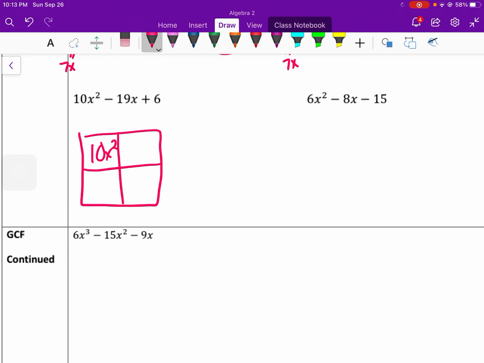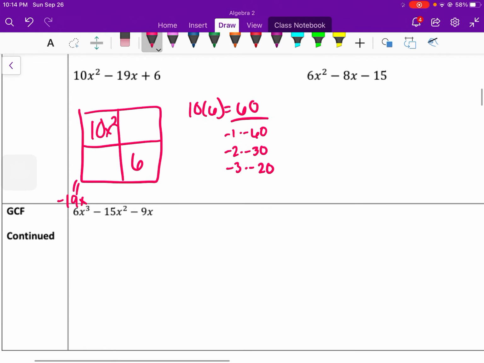All right, first and last, 10x squared and 6. Multiply 10 times 6 is 60. And then I want it to add up to negative 19 this time, which means both my factors of 60 have to be negative, because I want to multiply to positive at the end, but add up to a negative in the middle. So I'm going to look for factors of 60 that are both negative and add up to negative 19. So again, negative 1 and 60 really isn't necessary to list, but negative 2 and negative 30, negative 3 and negative 20,